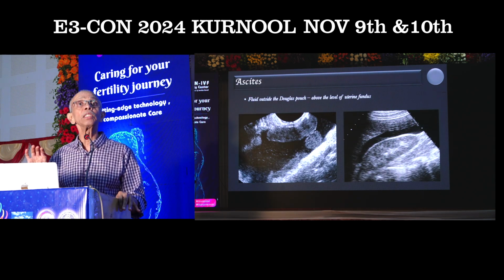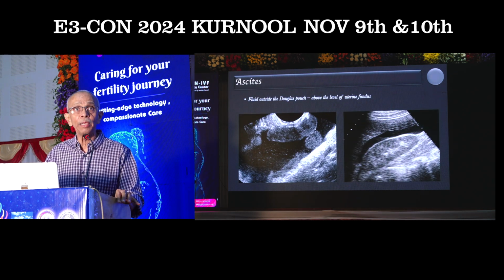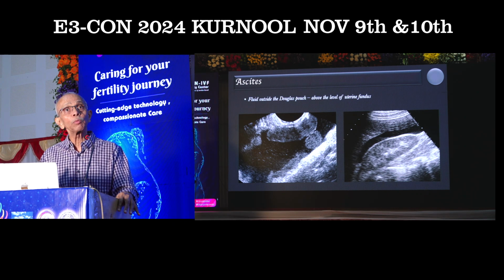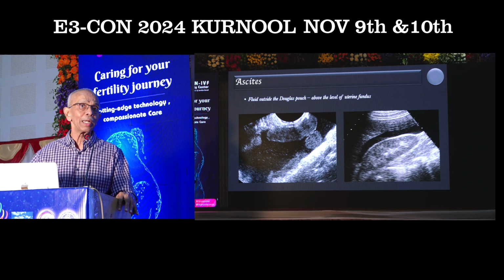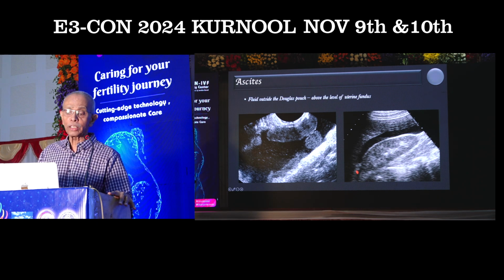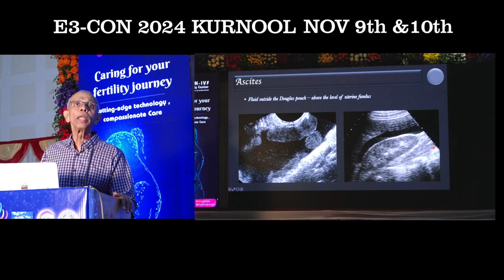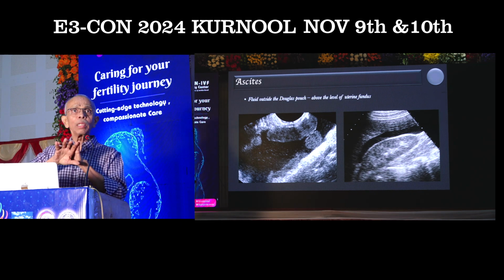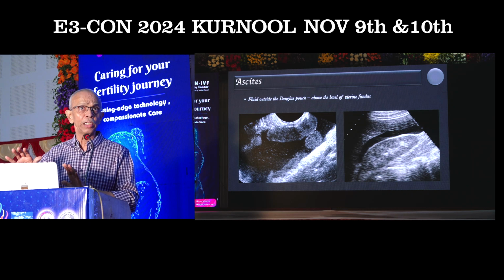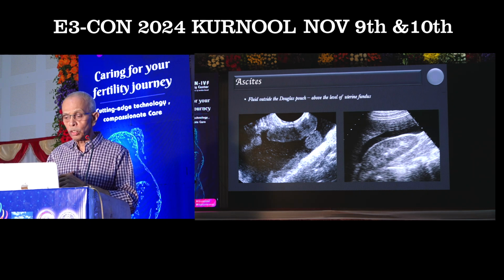Then comes the presence or absence of fluid in the peritoneum, that is the ascites. Whenever the fluid extends beyond the Douglas pouch, above the fundus of the uterus, or when you find fluid in the Morrison's pouch, you call it ascites. These are the situations where you label them that way. Now I have used all the terminology which is going to be used in our description of an adnexal lesion. So this is the pattern that you are going to make use of.